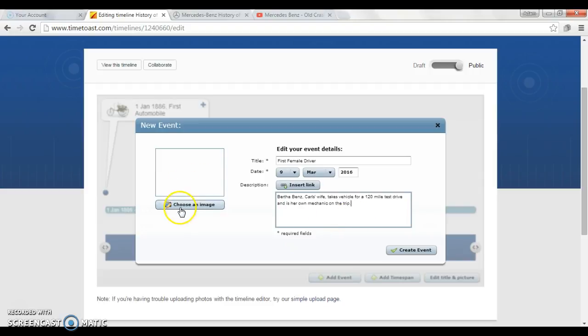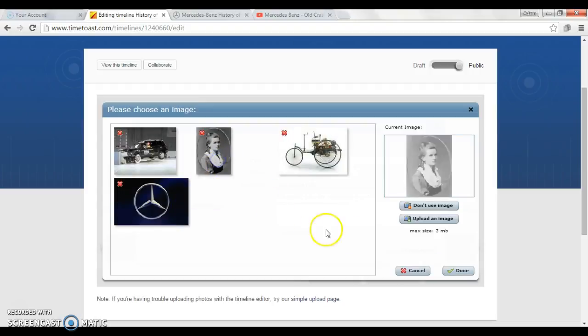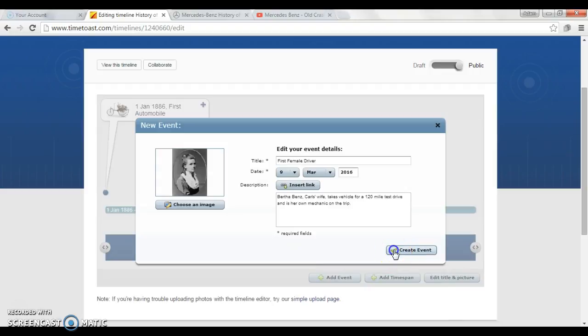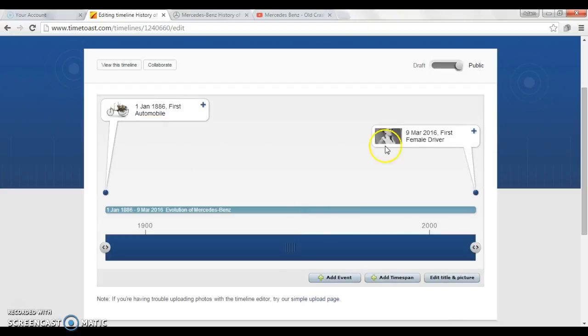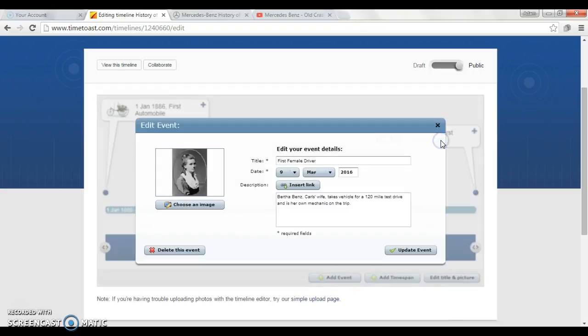Okay, that's our brief description. We'll choose an image. This is a picture of Bertha, and we'll upload it to the event. You want to make sure that you set the dates correctly. So we'll set that to the 1st of June in 1886, and we will insert a link to show you